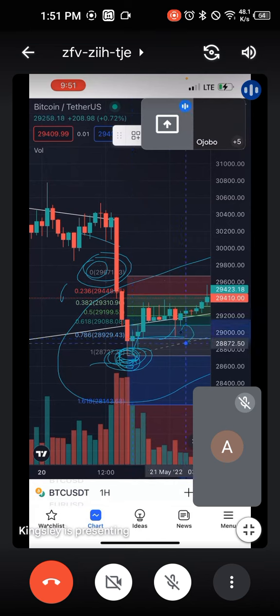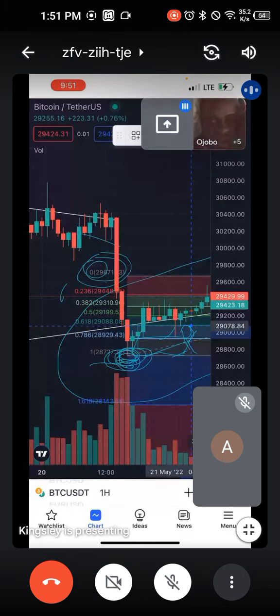Look at this reversal here, from this green candle, you can see what happened. We pumped like this, and then at this second green candle, we hit the next level of this Fibonacci retracement, the 0.618 at $29,088. Now we hit it. You see what happened when we hit it? We had this retracement, and then the candle closed below it.